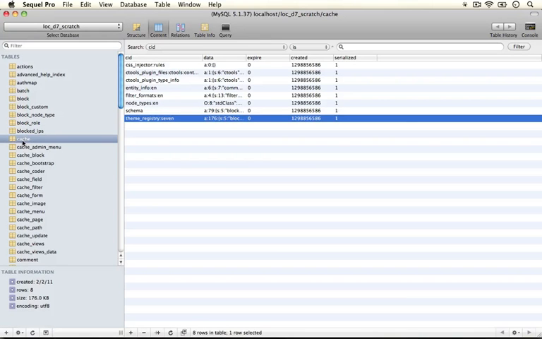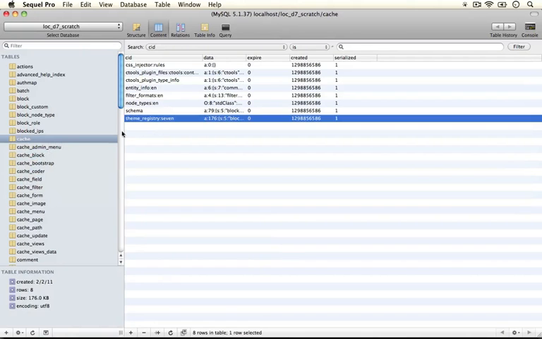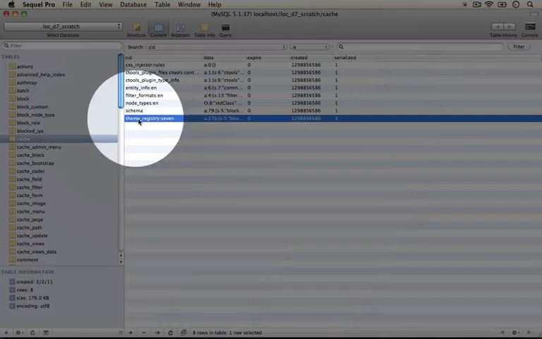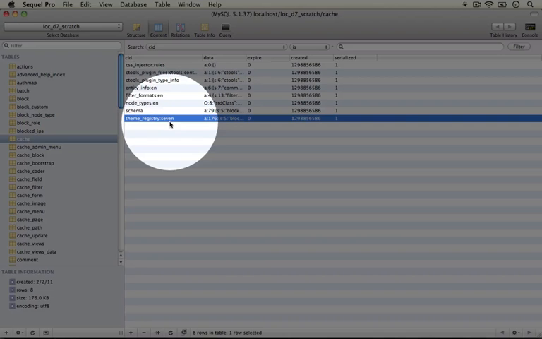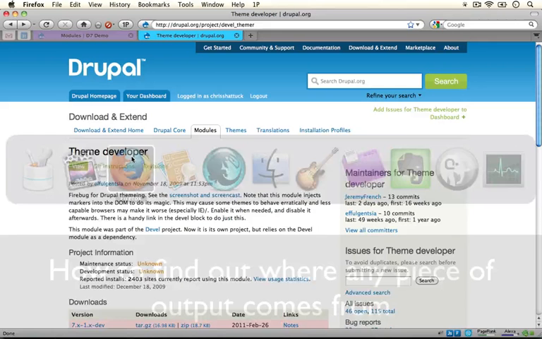One more thing to note, if you're using this method in order to identify themable output, is that because we were on an administration page, I'm going to jump back to the browser here, this uses the theme 7 by default, whereas the main theme of the site is Bartik. And so if we jump back to the MySQL browser here, we see that this is the theme registry for 7. And if we wanted to take a look at the theme registry for Bartik, we should go to a page that requires that theme. And then we'll see this built, and our hook theme registry alter will run for that theme. Okay, I'm going to jump back to the browser,